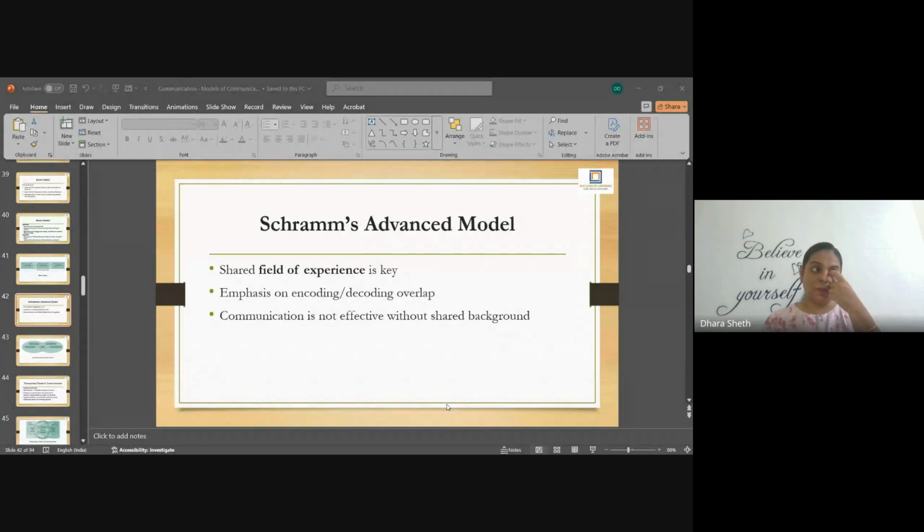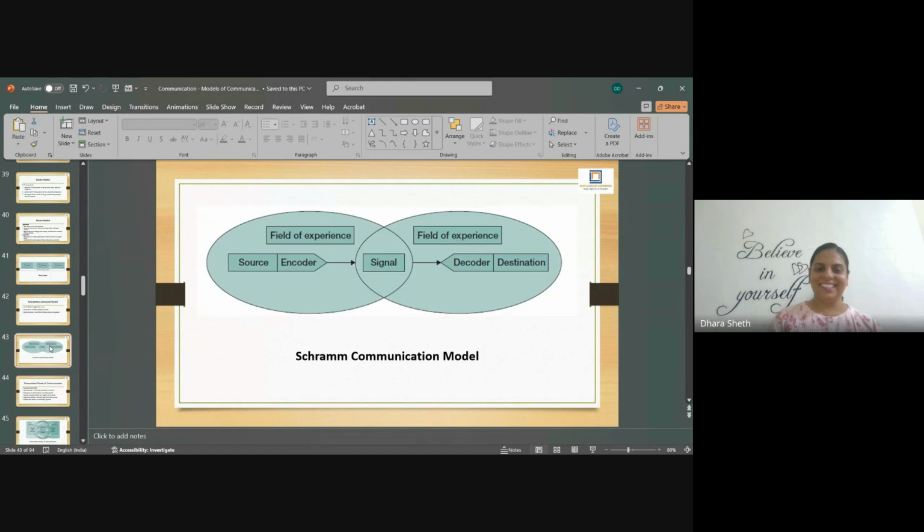That there are a lot of cultural shocks at that time. Nowadays we don't have that, but probably 10-15 years ago, a lot of my elders got these shocks when their children went to Canada and US, and they realized that English really does not have the translation for aap or tum. It's all you. Okay, this is just an example. I'm not demeaning any language. English is my bread and butter. It's just that the cultural experiences are different. Now, if they don't have common field of experience, then it's a problem. Just an example.